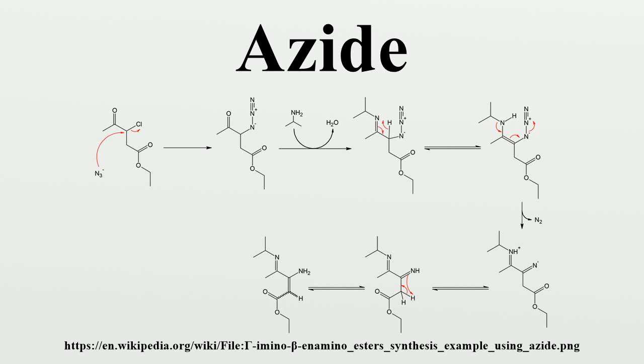Azide is the anion with the formula N3-. It is the conjugate base of hydrazoic acid. N3- is a linear anion that is isoelectronic with CO2 and N2O. Per valence bond theory, azide can be described by several resonance structures, an important one being N- equals N+